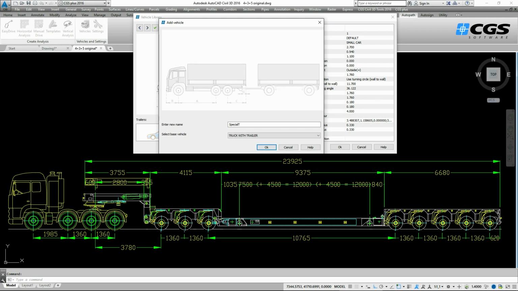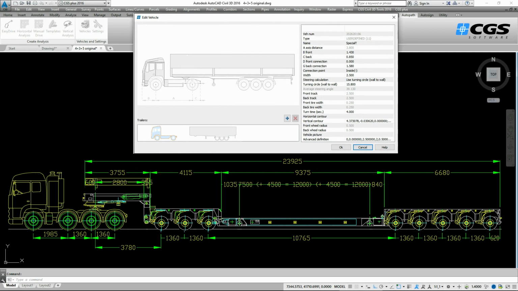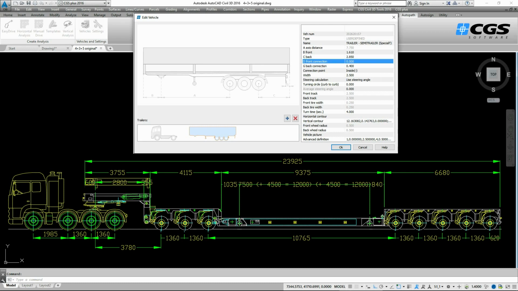In our example that would be the semi-trailer. It has the truck in the front, it has the trailer at the back. The connection is also the same as for the special vehicle transport. So let's use this one, semi-trailer, and then we can define all the vehicle parameters here in the list separately for the truck and for the trailer,